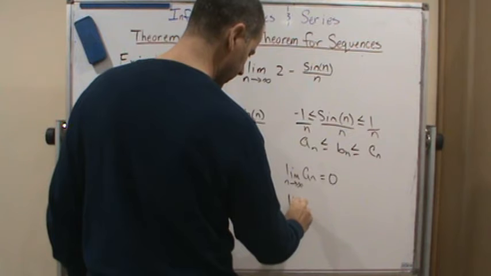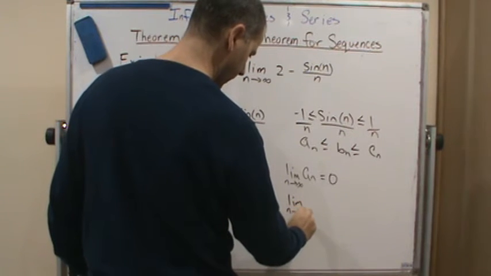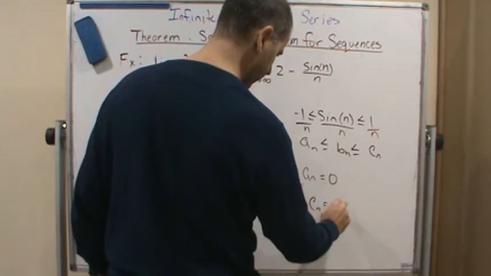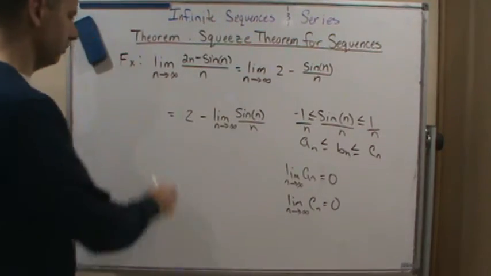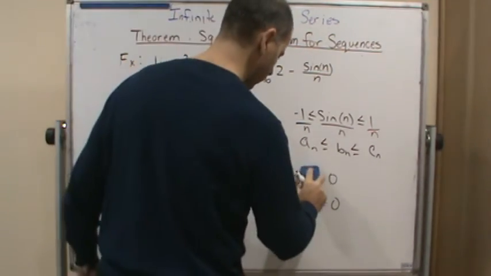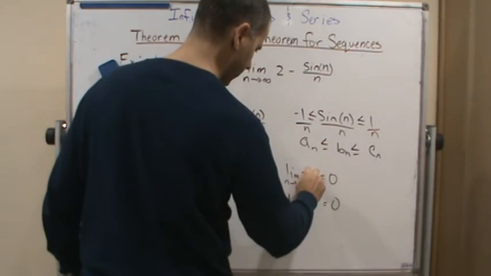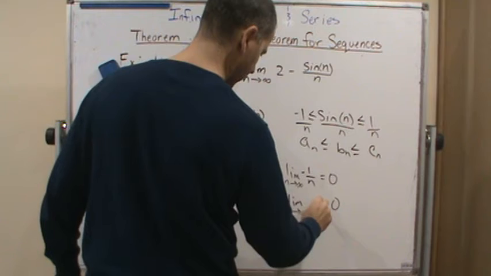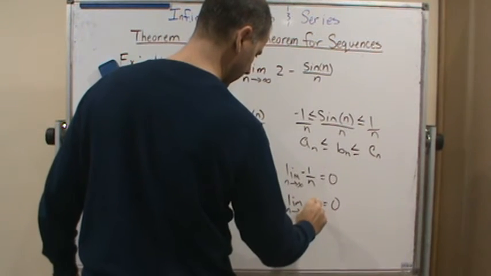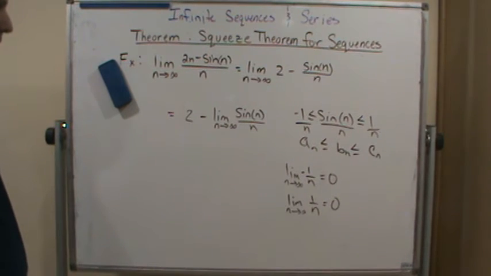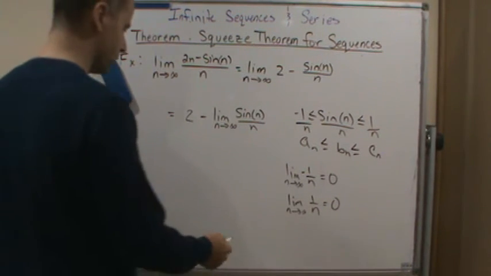And likewise, the limit as n approaches infinity of c sub n equals 0, right? In other words, the limit of negative 1 over n is equal to 0, and the limit of 1 over n is equal to 0. So that means by the squeeze theorem,